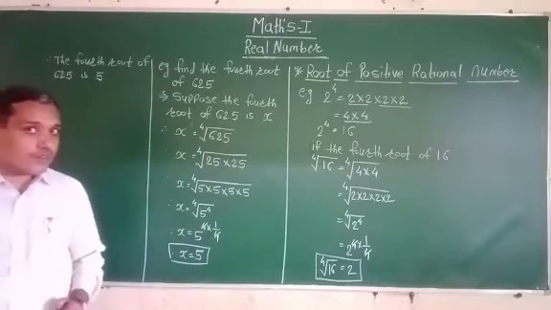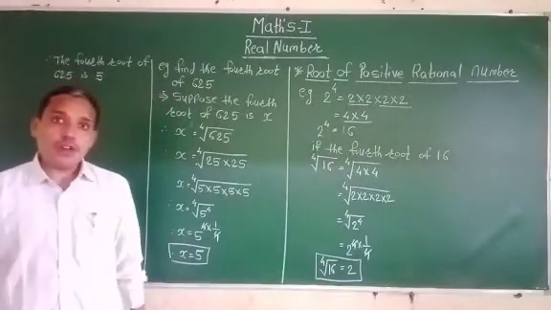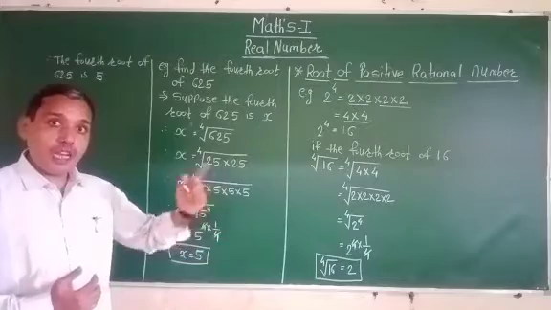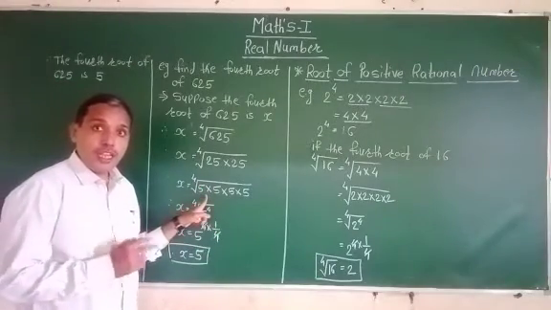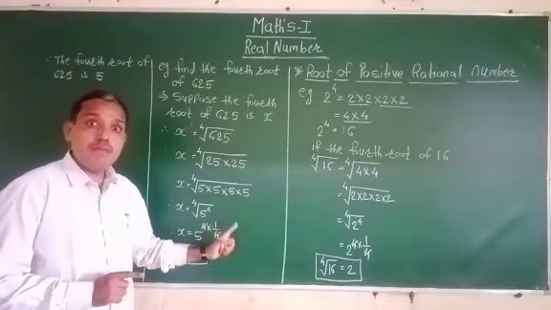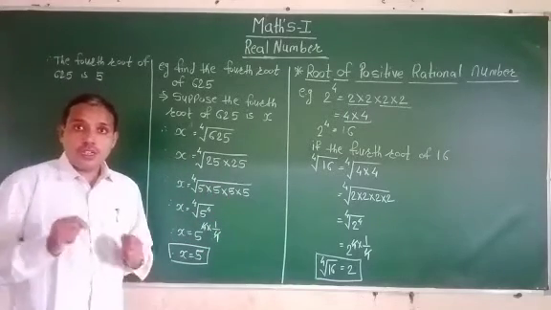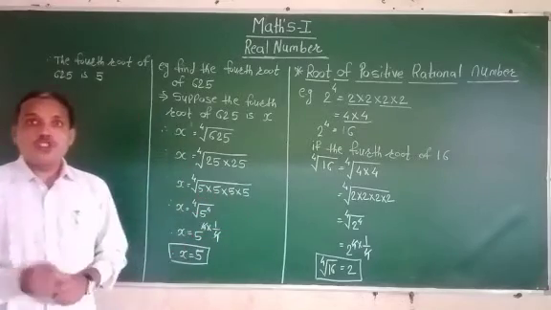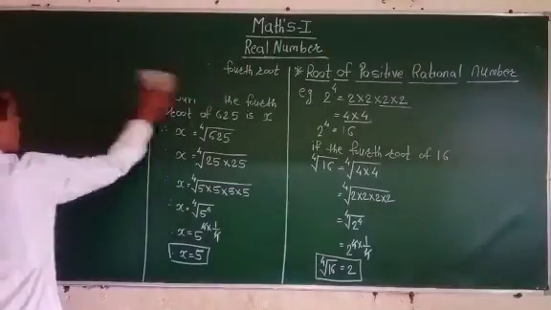If we cannot find the root of a positive rational number, what happens? Here we convert the number into its product form, and in that product form we look for the same numbers in the multiplication. If the same numbers are not available in the multiplication product form, what happens? We will discuss that by taking different examples.